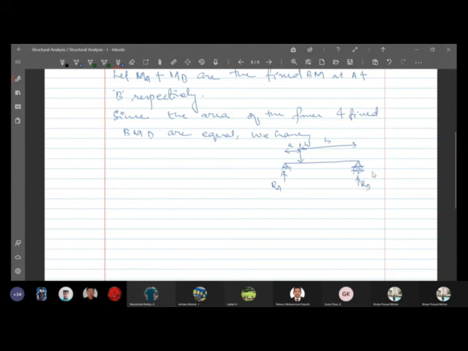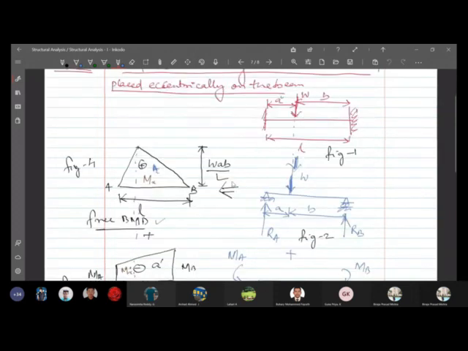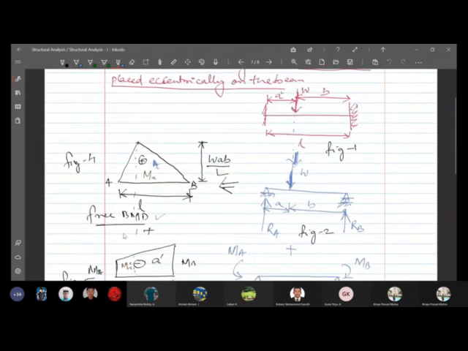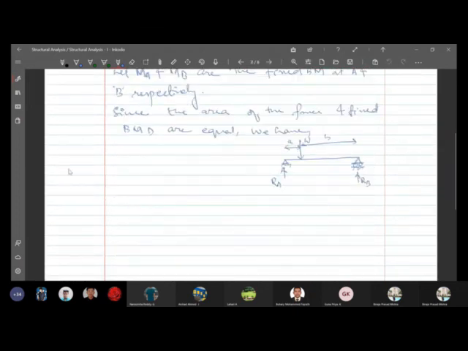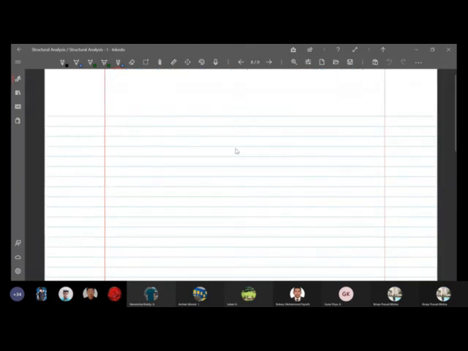If we see the area of this one, what is the value of the area? Again, half into base into height. Half into base L, height is WAB by L. So we have half into L into WAB by L equals,